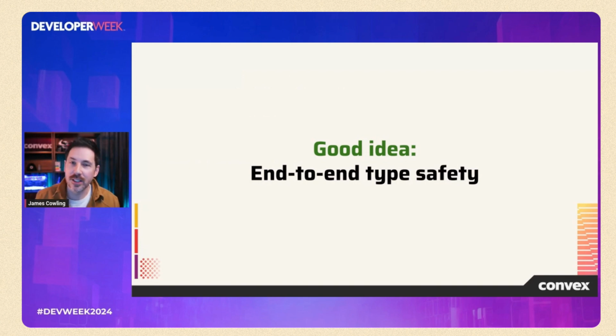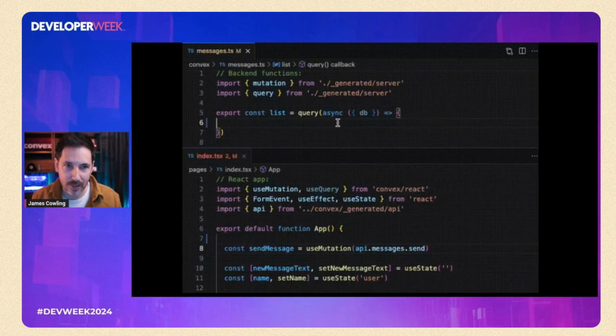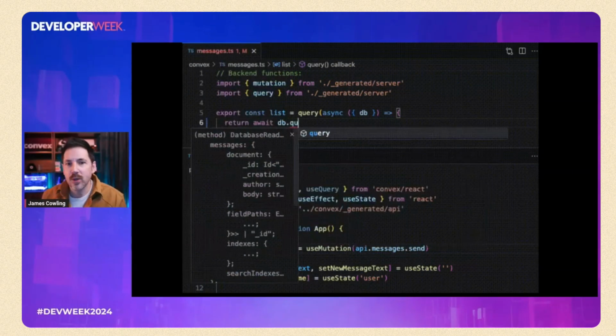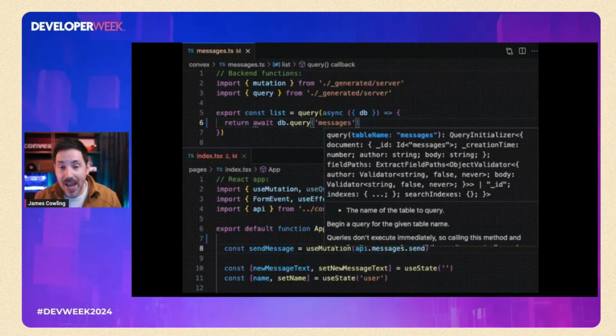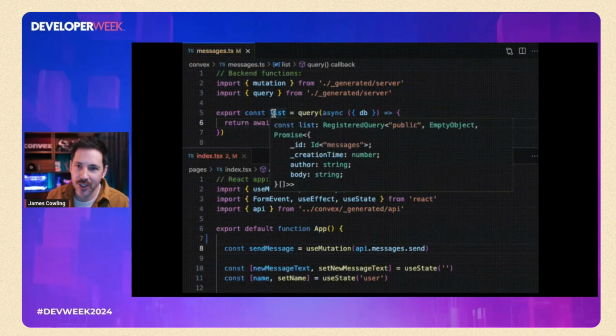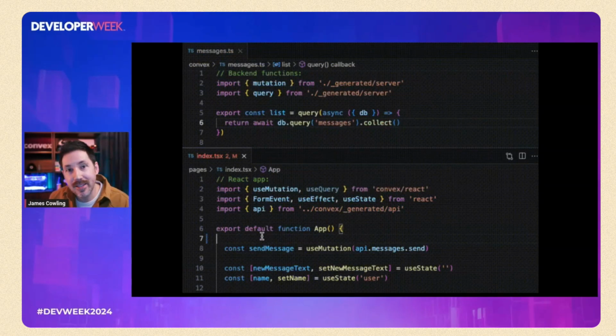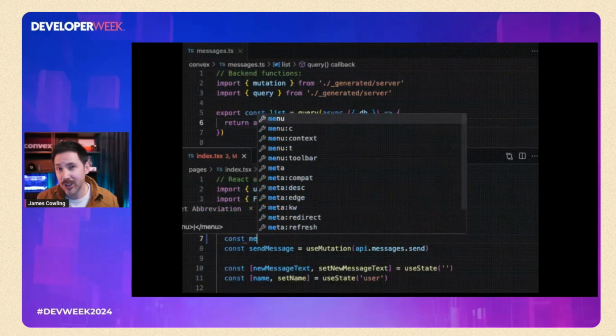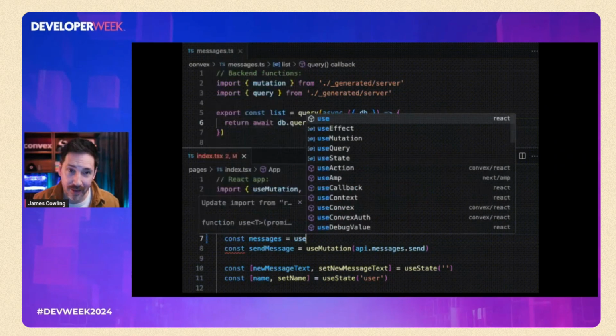So the holy grail is true end-to-end type safety, where the types the application developer uses are literally the types of the data that resides within the database, where there's autocomplete for everything, even for the names of the tables in the database. This is how things work in Convex. The queries are TypeScript and they map directly to Convex types. There's autocomplete and type safety. And you can see here in this animation that you can kind of iterate your way to success without worrying about bugs showing up. So here the database and the query model are designed together. So you can just think about it like programming.